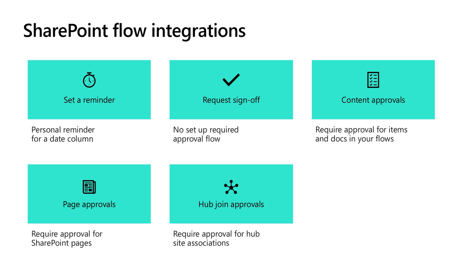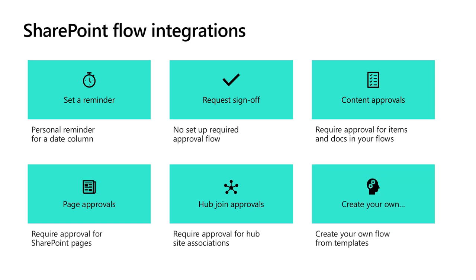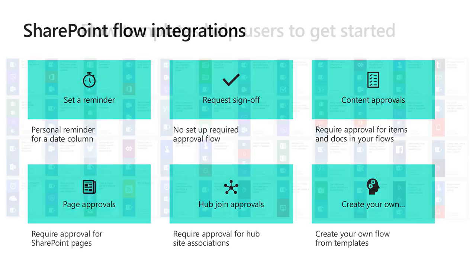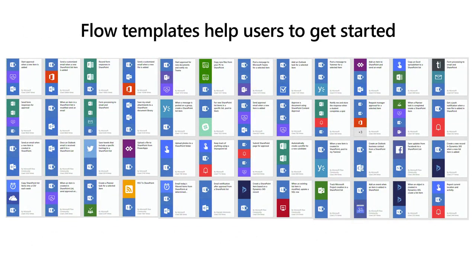You can set that up right inside of a document library. I'll show you that here in just a minute. Approving pages, approving hub joins, again, those are in-the-box automations. We won't have time in a 1-hour session to go over them, but I will show you the content approvals. The other one that's also available to you is being able to build your own flow from templates. So you're not just limited to what we make available in the suite, but some of the templates that we used at the outset. There are 53 templates currently available that tie out to SharePoint, almost as many tie out to OneDrive, dozens more available for Teams, and we're adding more every week.